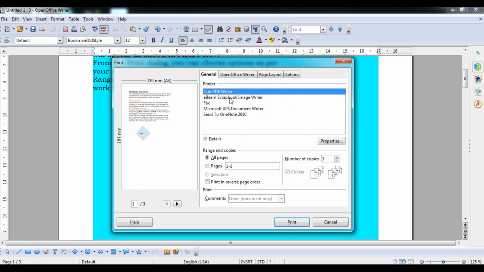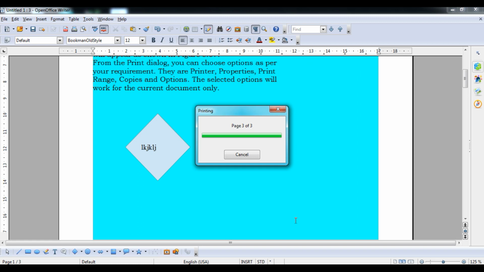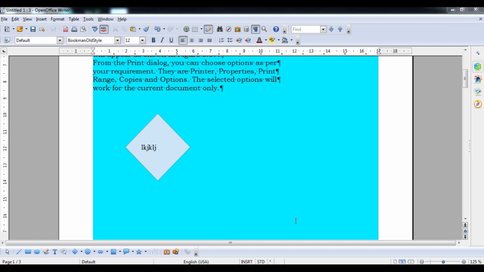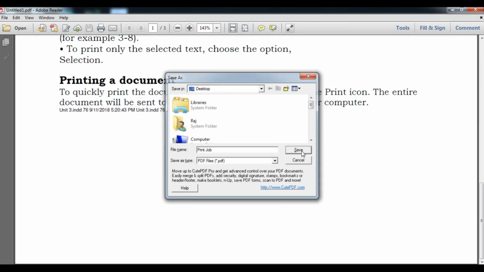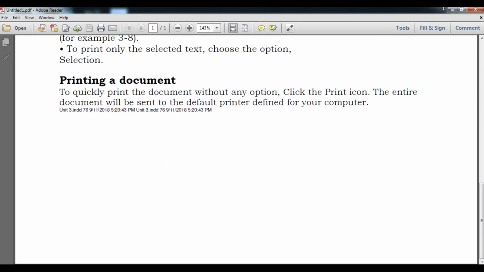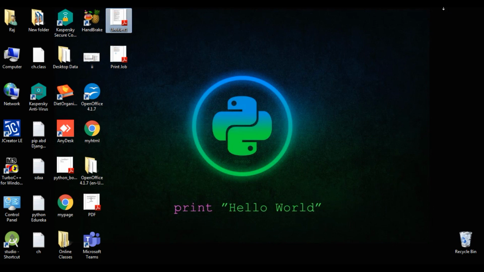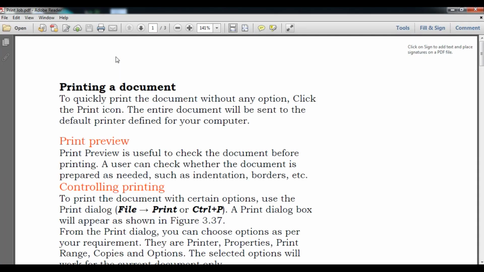So now after that I am going to select this particular Qt PDF writer. Okay, you can select eBeam also, student. So I am going to select this and I am going to just print it, because I have a software based printer installed in my computer. So it will ask me the file name where I want to save. So here my file name is print job. Okay student, now I am going to just save it, and after saving this file, my file will be considered as a PDF file. So my file name is print job.